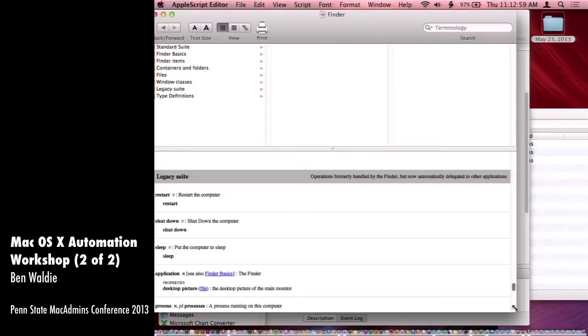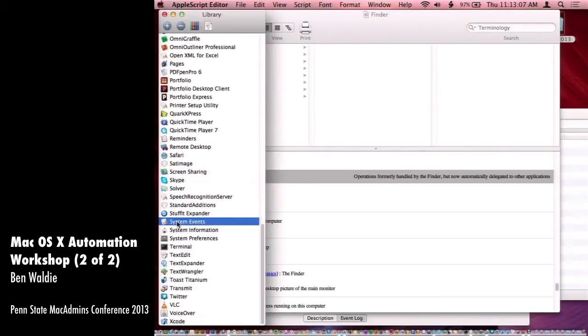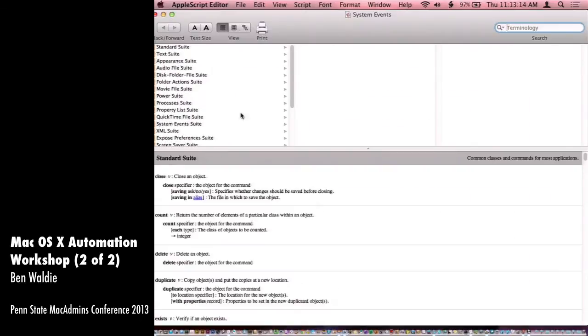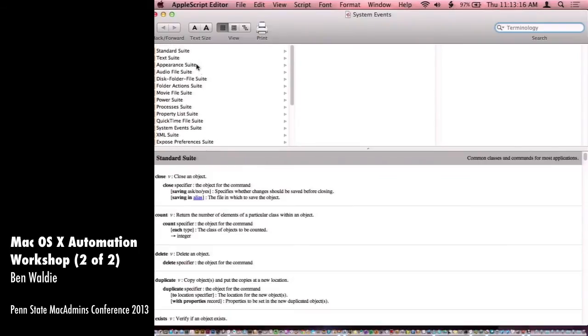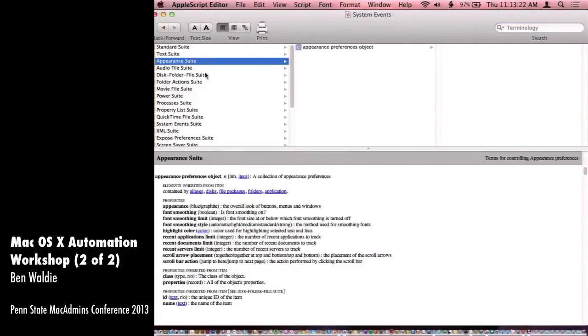But they've been deprecating some of the Finder AppleScript terminology, and they have a background application in OS X called System Events that they encourage you to use more for certain things. You should have System Events listed in your library palette here as well. You can see System Events actually has a ton of stuff in it, which would probably be useful for you guys. It covers things you would find in System Preferences, but also stuff in